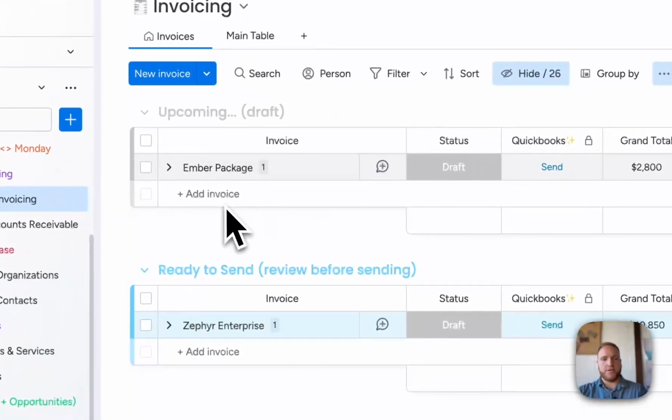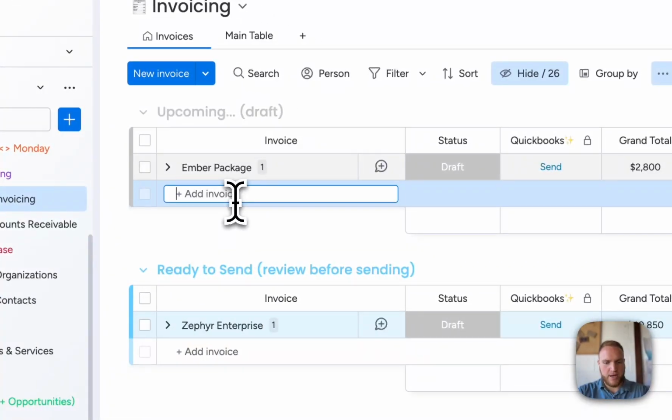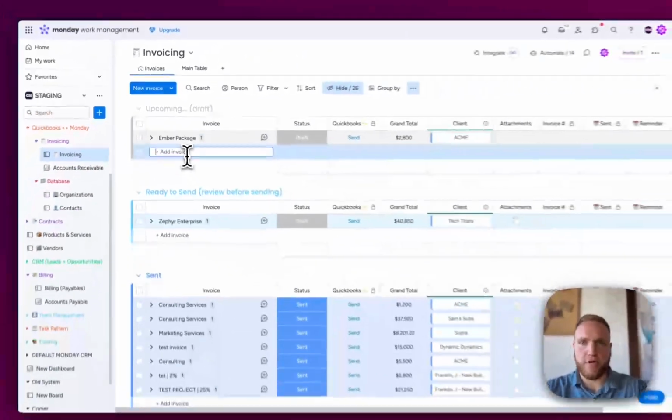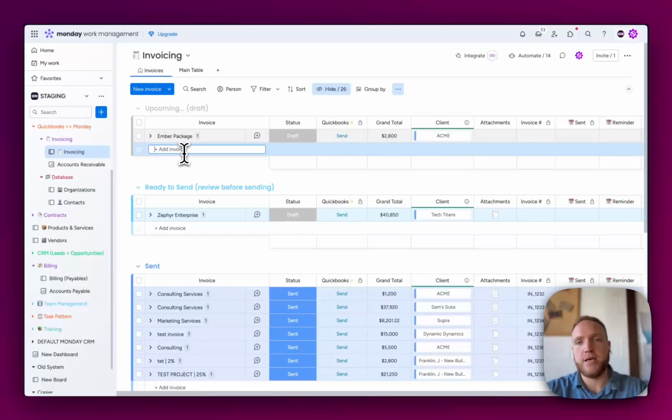An actual demo of how this integration works is you just type in an invoice name. You can also set up another integration to automatically create invoices. This is especially useful if you have standard operating procedures or packages that you send across to clients. You can have them automatically create invoices in here and then send to QuickBooks automatically and fully streamline the entire process. So I'm going to just call this the consulting services,